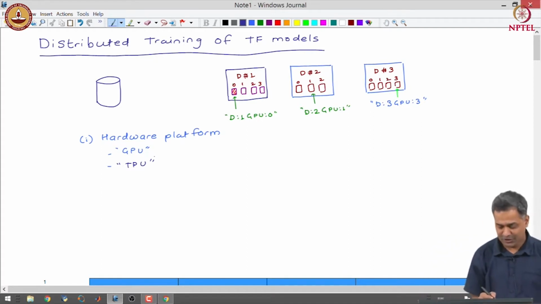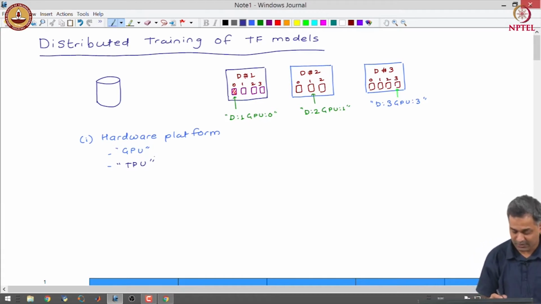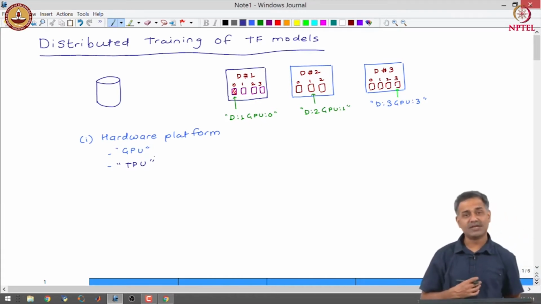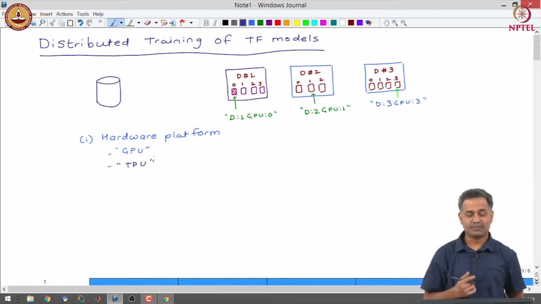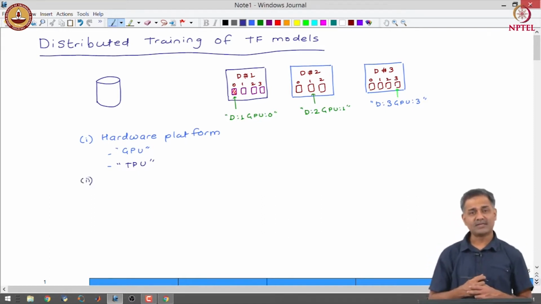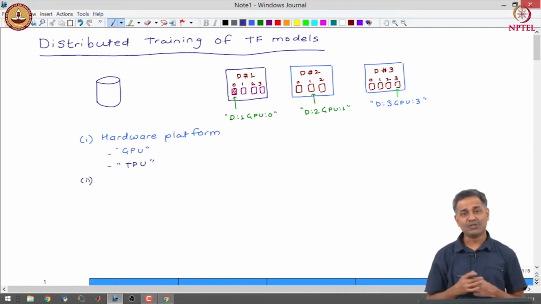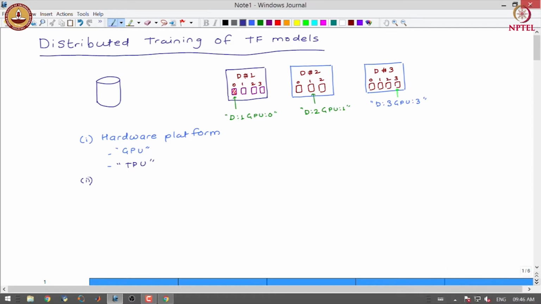So, we might have GPUs or a TPU cluster, and the good news is that we can access GPUs and TPUs from Google Colab. We can also access GPU and TPU machines in large numbers through cloud providers like Google Cloud. So, hardware platform is one aspect, and the second aspect is the training strategy.